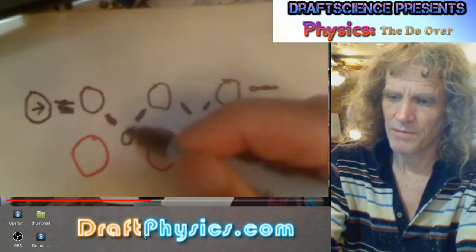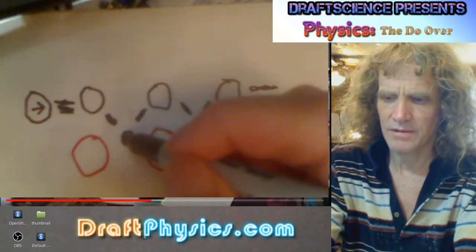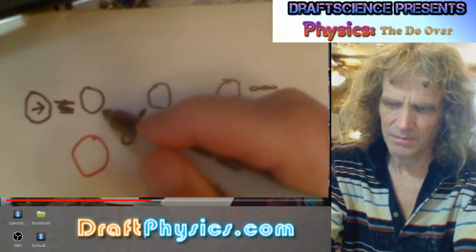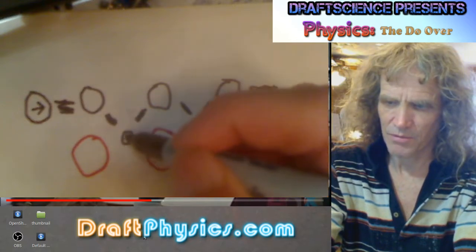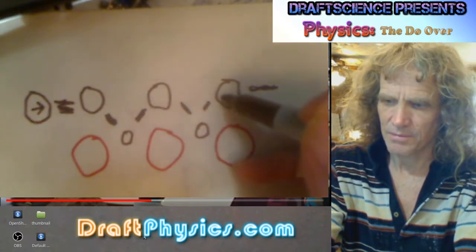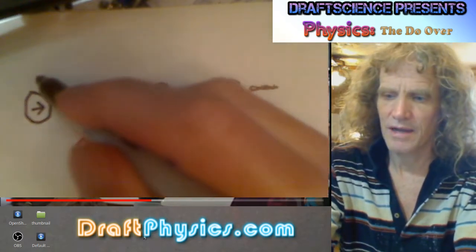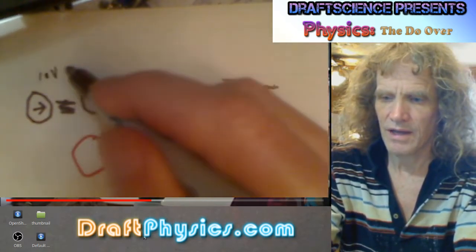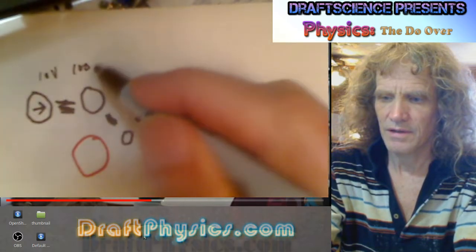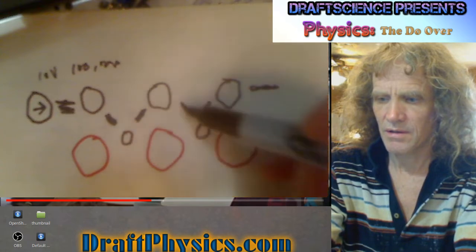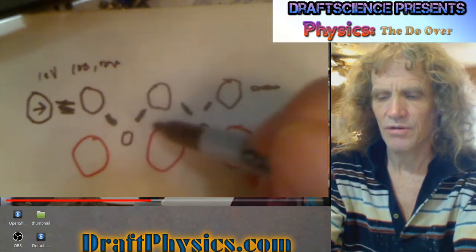So the movement of the electrons doesn't even have to be substantial in any way. It just has to be this little bit of movement that creates more pressure, and the pressure just moves through the atom. So you could have 10 volts or you could have 100,000 volts, and the difference is how much pressure you're pushing through these electrons